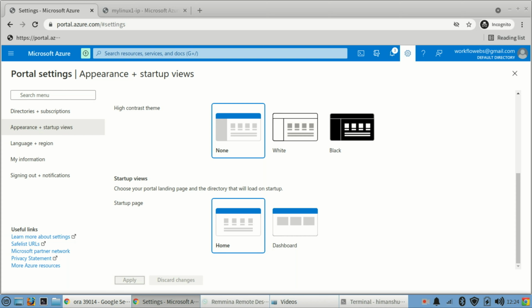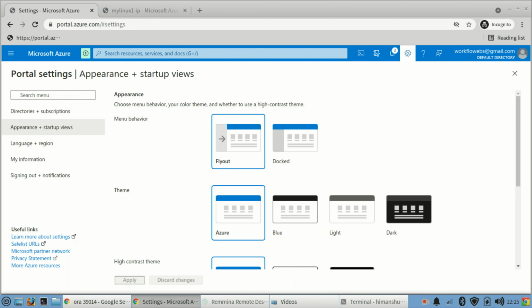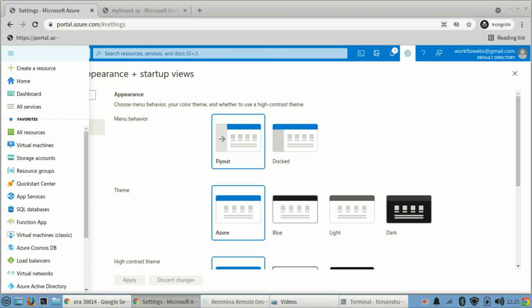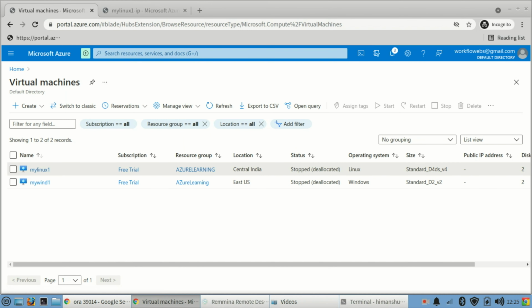So in this session I am quickly going to tell how to delete a virtual machine that we have created earlier. So if I go back and see my portal, you have to log into your portal.azure.com and go to your virtual machine sections. Here you need to see which virtual machines are available.